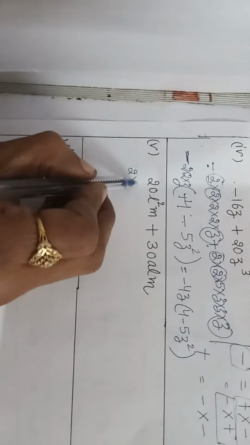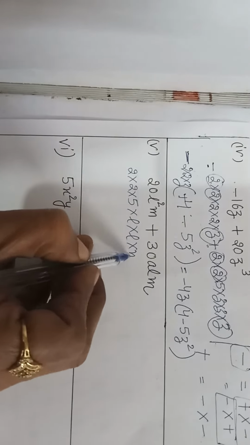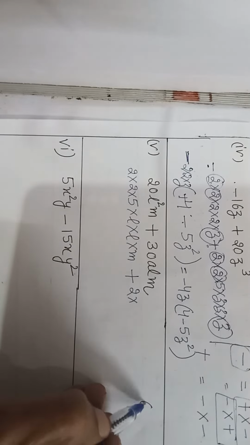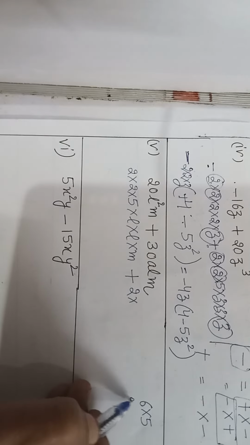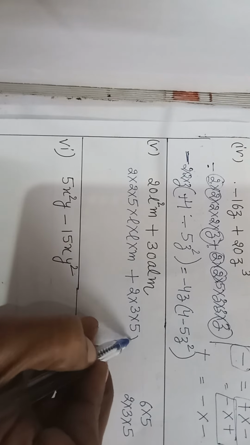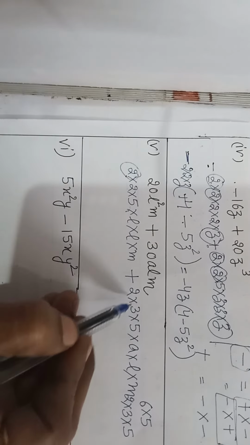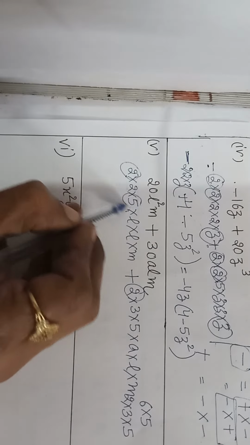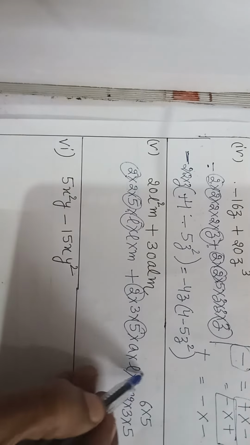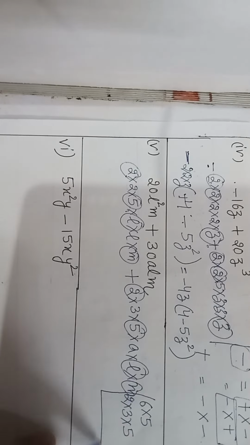Now next we have 20 lm. So for 20 we have 2 into 2 into 5. L square means we have 2 times L into m. For 30 we have 2 into, like you can make the factor of 30, 6 into 5 is 30. For 6 we can write 2 into 3 into 5. So 2 into 3 into 5 into a into L into m. So what is common here? This 2 is common. Yes, now this 5 is common. And what else is here? Yes, L is common. Then we have m is common. This was a rough work.